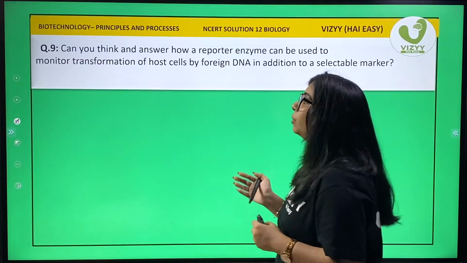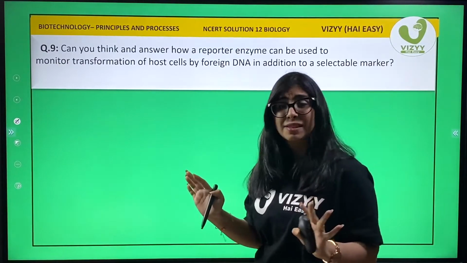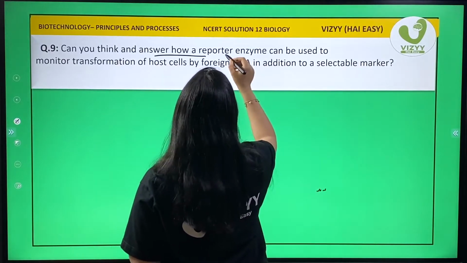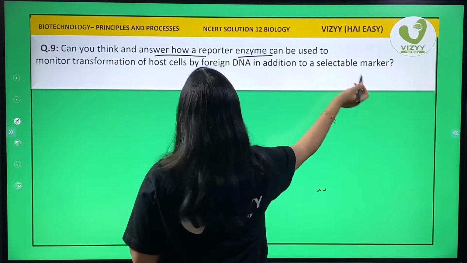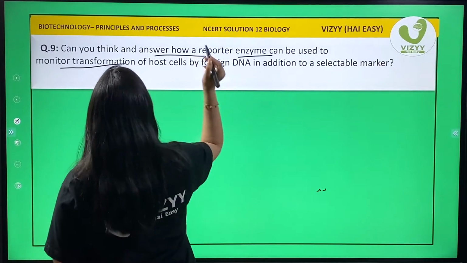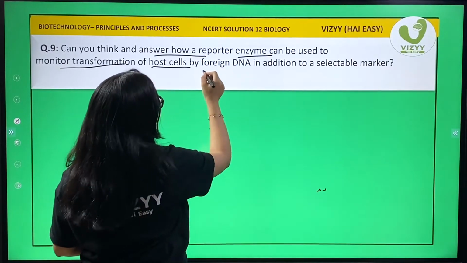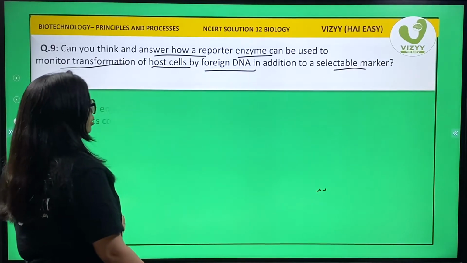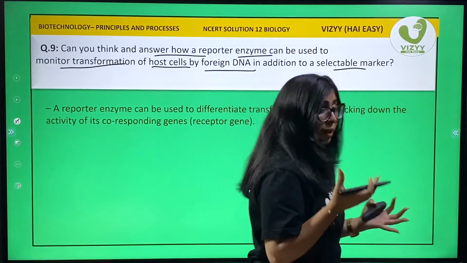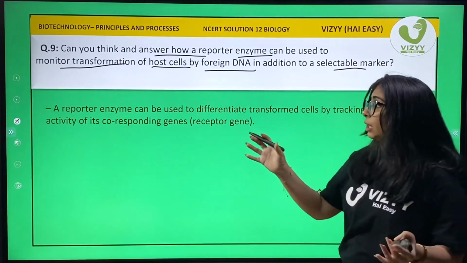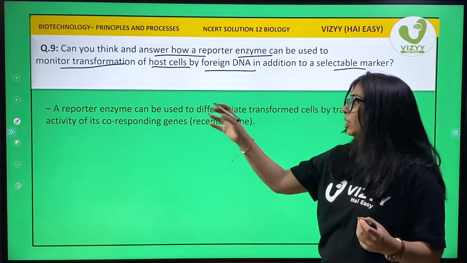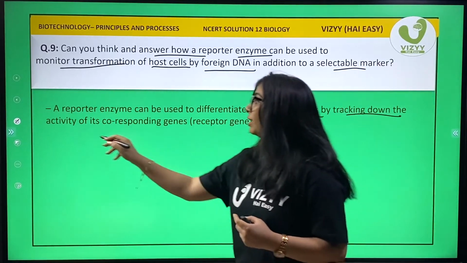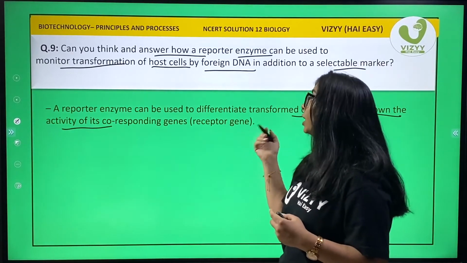Okay, now question 9. Question 9 here says, can you think and answer how a reporter enzyme can be used to monitor transformation of a host by foreign DNA in addition to a selectable marker? Okay, so the answer to this will be something like this. The reporter enzyme can be used to differentiate transformation of cells by tracking down the activity of its corresponding genes